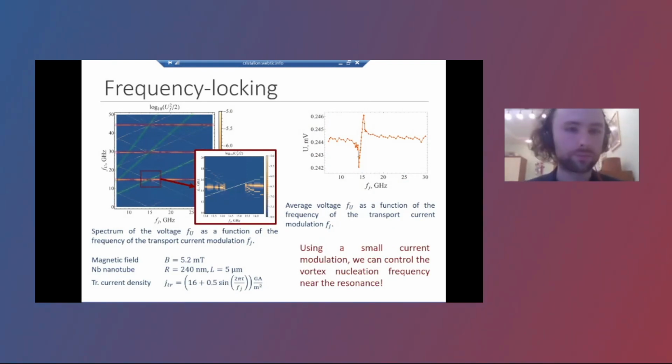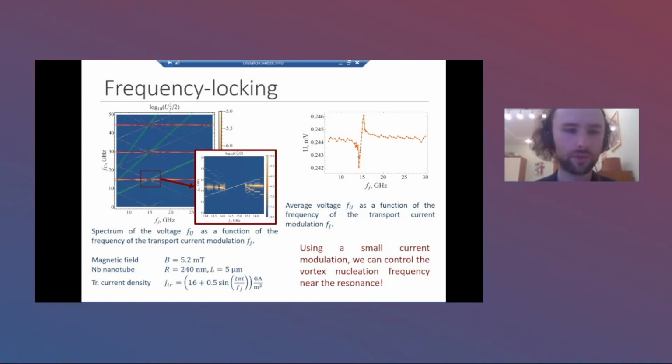Okay, and now we want to add a small modulation to the transport current density. It means that we add a small alternating component to the transport current. In this case, the amplitude of the alternating component is 30 times smaller than the direct component of the transport current. And in this case, we have the so-called frequency locking effect if